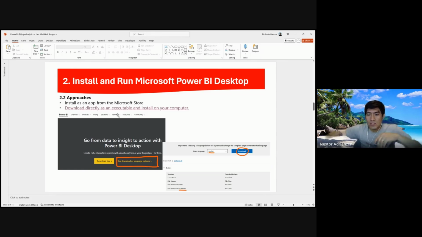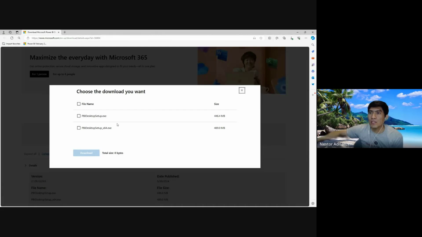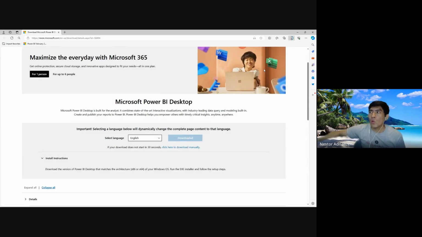So let me show you how it works. I'm going to follow here this link. Once you click on the link, you will get this window. And here, there is an option here to download. Hit this option, and also you need to make sure that you are downloading the right file. It's for 32 bits here and also for 64. For my particular case, I have 64 bits, and this is for my computer. Select this option and then hit download. So it's downloading. So once it's downloaded, just follow the steps, and then you will have Power BI Desktop installed